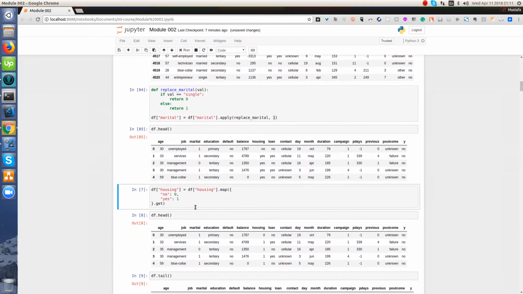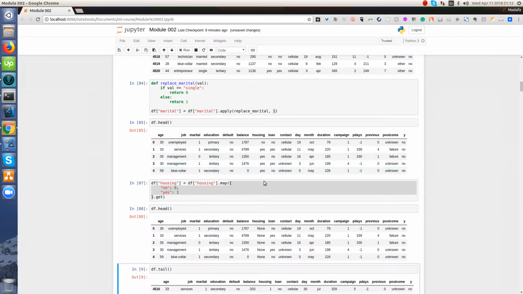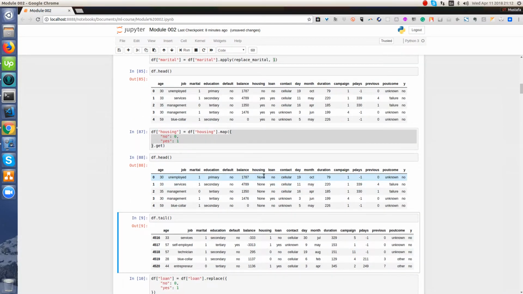We shall do the same for housing, but using a different method. So instead of using apply, there is also another method in our toolkit or in our arsenal, that's map. Map will take a dictionary as an argument with keys as no and yes, and the values to be replaced with as 0 and 1, and the rest is the same as apply. We run the method, inspect our data, we find that housing now is also